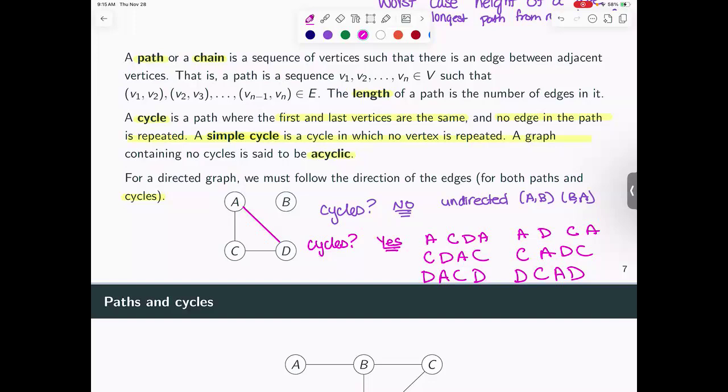So a simple cycle has no vertex repeated, right? And since we're often dealing with simple graphs, that's just the case. Now, if this was a non-simple graph for some reason, perhaps we did something like this and something like this. We could say A, C, D, A alone wouldn't be definitive enough to tell us if it was a simple cycle or not, because we could go,